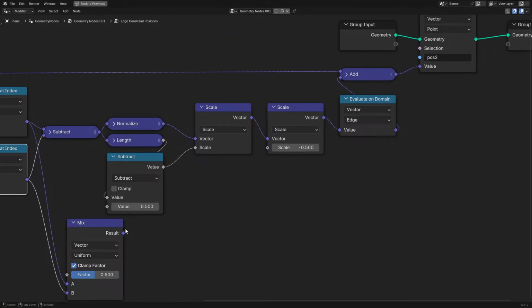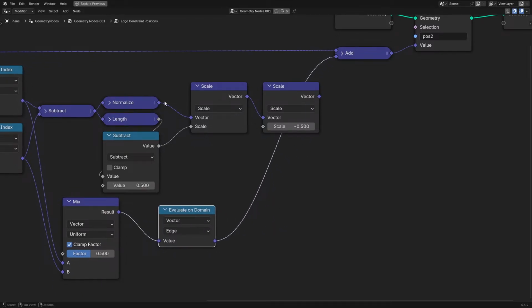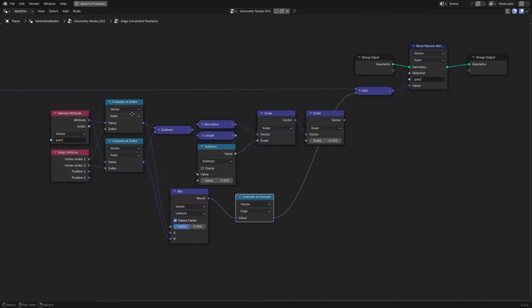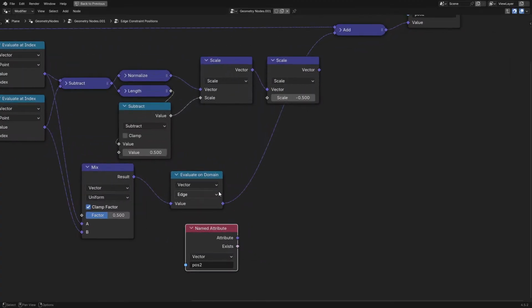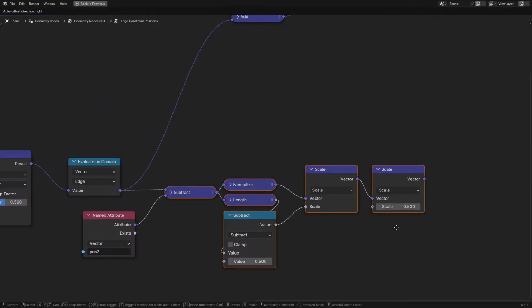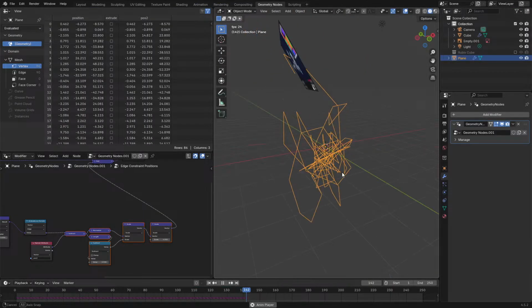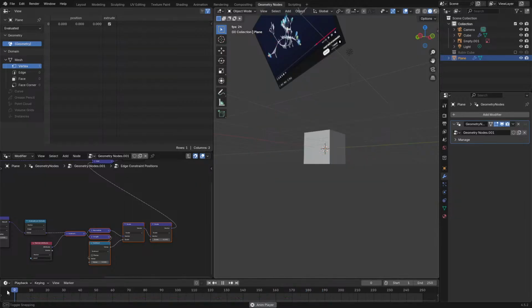And edge vertices. On the edge domain, I'll average it, and then we need to set the distance from there. Still not the happiest about this, but what the heck. Let's give it a go, see if we can make it work. So that and that, we'll set it to be 0.5, so that it'll move halfway, just so that it doesn't go berserk. Okay, it is kind of working,